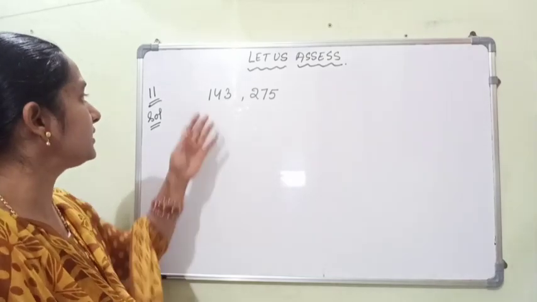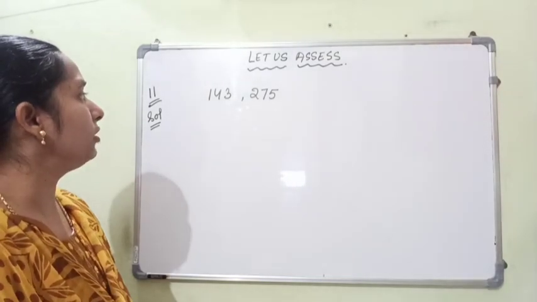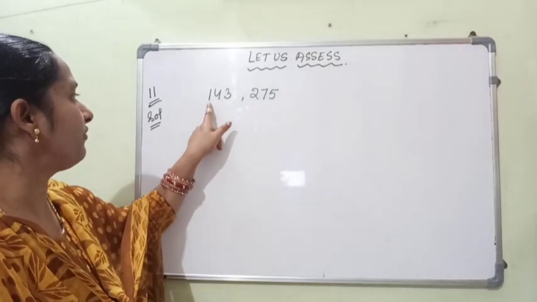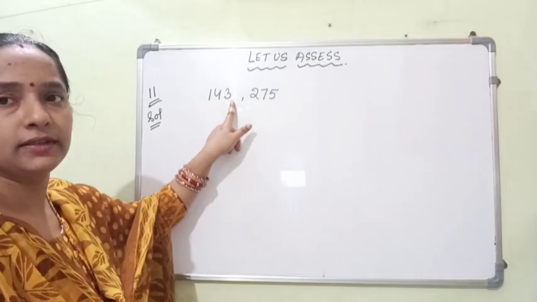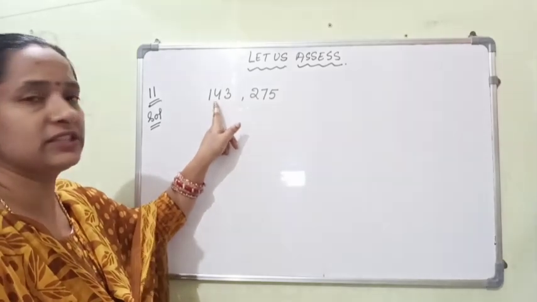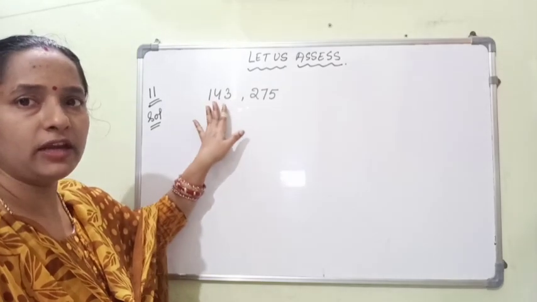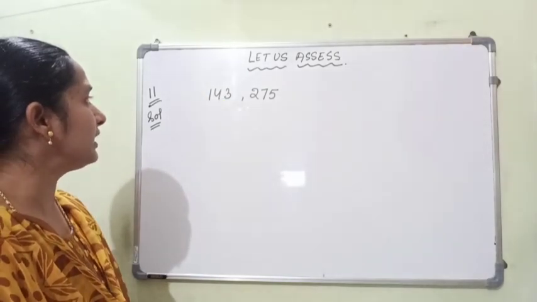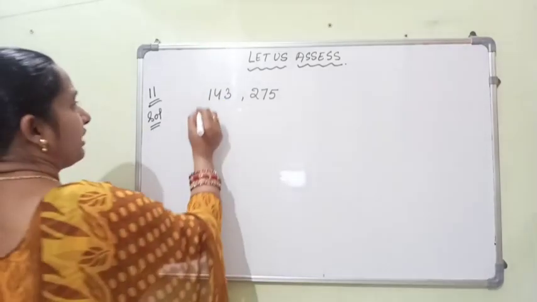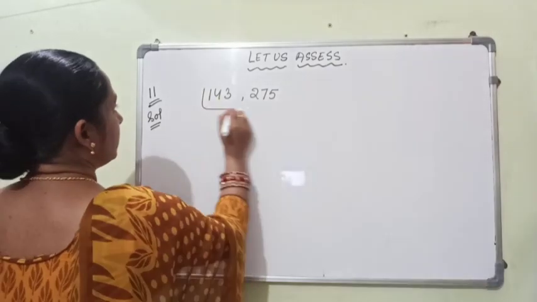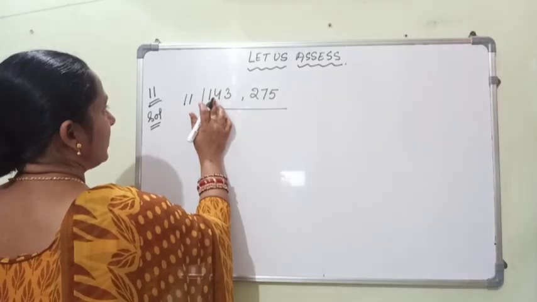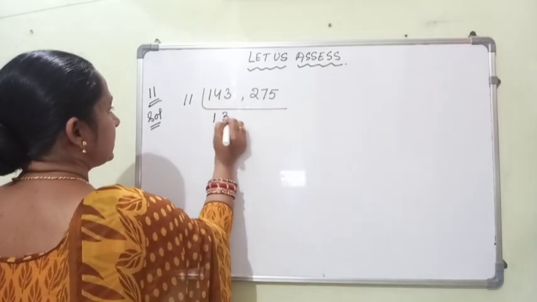So first of all, let us find out what is the common factor of these two numbers. See, 4 plus 1, 5. 5, 3, 8. This number is not divisible by 3. Even it's not divisible by 2. Then what other number can it be divisible by? It can be divisible by 11. If you see, 11 ones is 11. 3 remainder, 11 threes are 33.